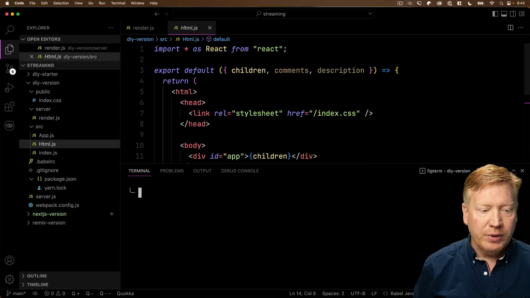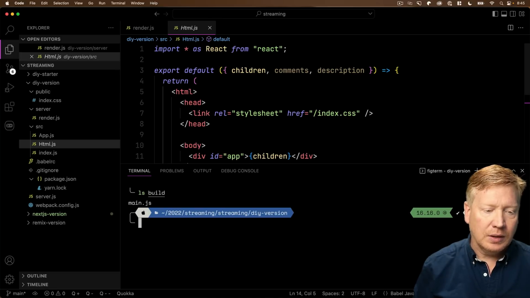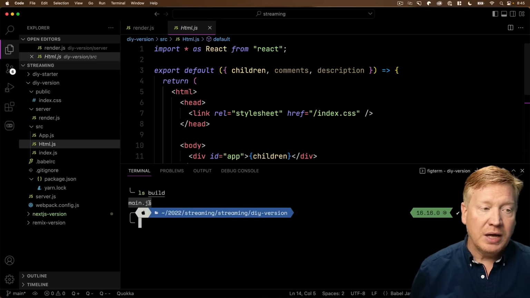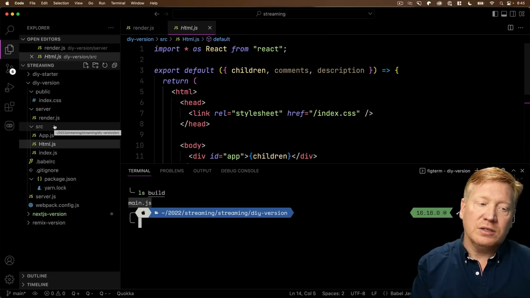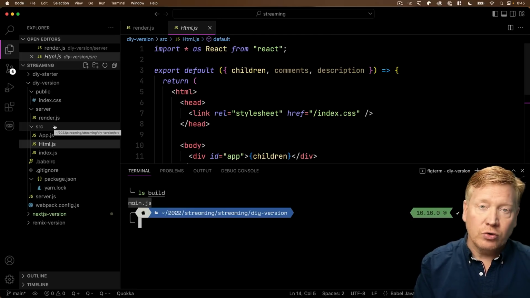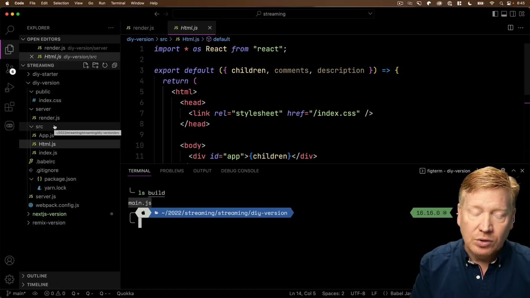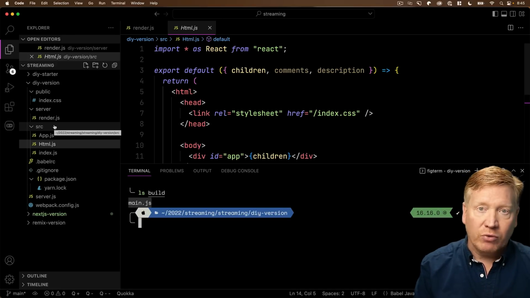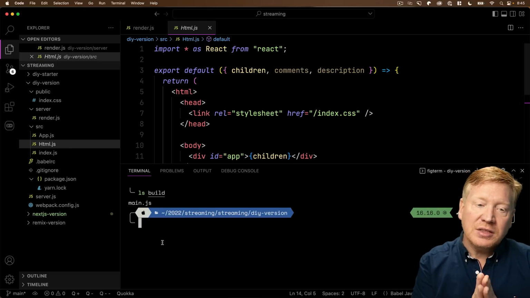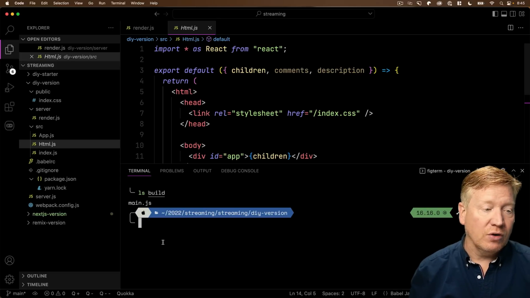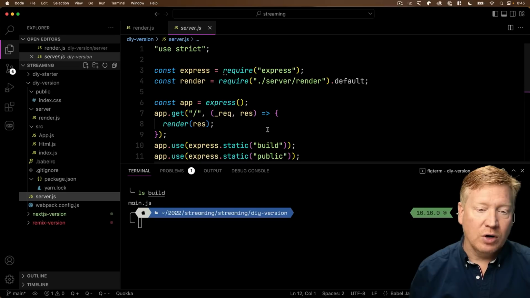is in a directory called build. And the name of it is main.js. It doesn't show up in my VS Code, but that's because my VS Code is set to ignore directories like node modules and build, because those generally just have temporary files in them. So that's why we're not seeing it over there. I had to go take a look, and it's kind of in this hidden directory. Okay, so we've got this build directory. It's being served by the server over here